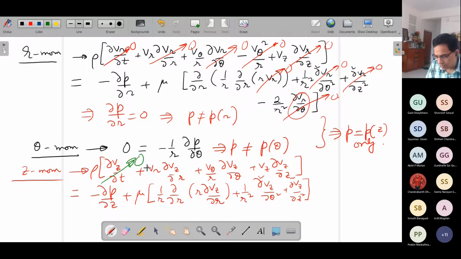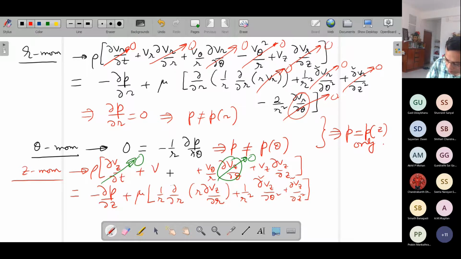So this is 0, it's a steady flow. Now Vz is not a function of r, so this is 0, fully developed flow. It is neither a function of theta because of theta symmetry. And sorry, I'm completely sorry. Vz is a function of r, but here it is Vr equal to 0. I was just somehow in a hurry.